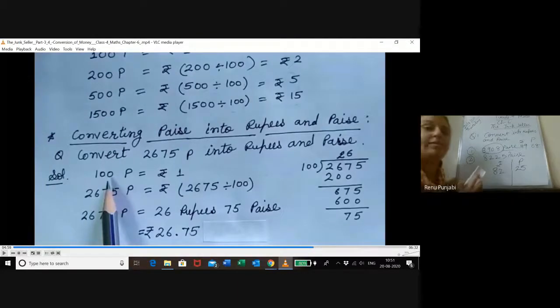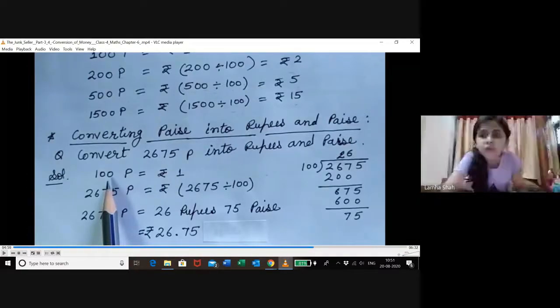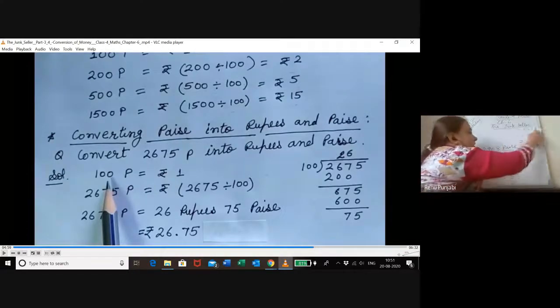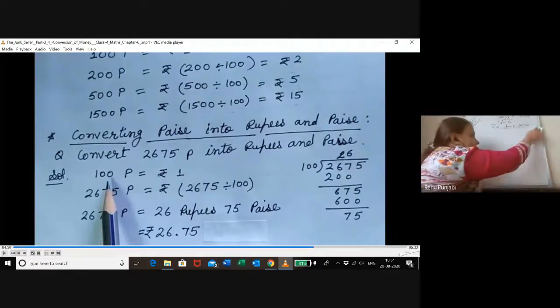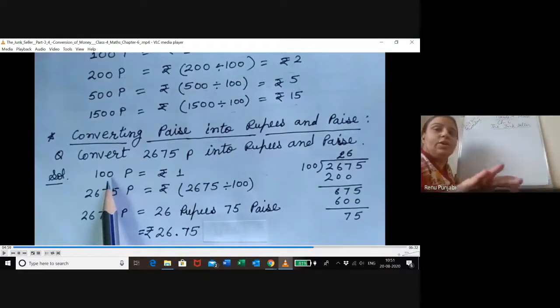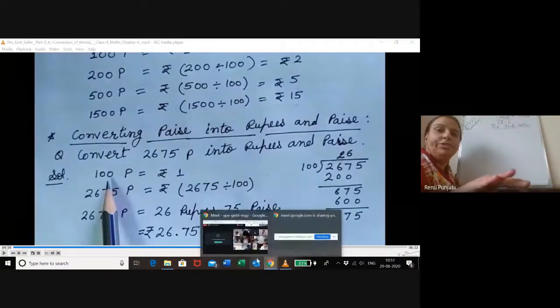Those who have done this, I'll erase the board. I want to explain the column method of 3-digit for 2-3 minutes. Don't remind me about the time. I'm going to erase the board. And just 2 minutes. Ma'am, yesterday my mom just made me understand the 3-digit. Yes, good. Now please look at the board for the 3 digits.